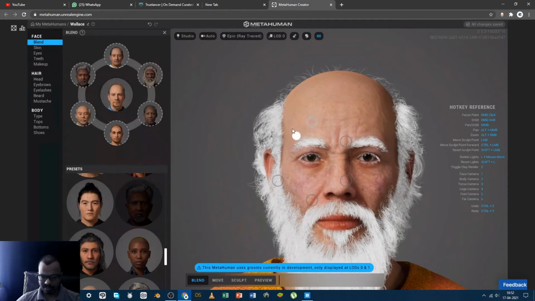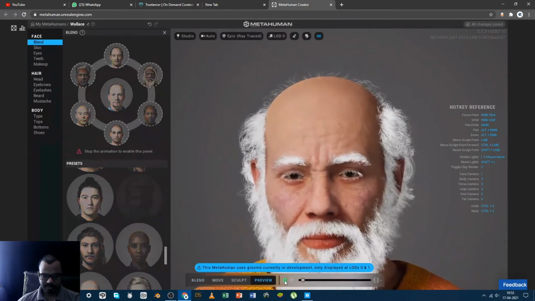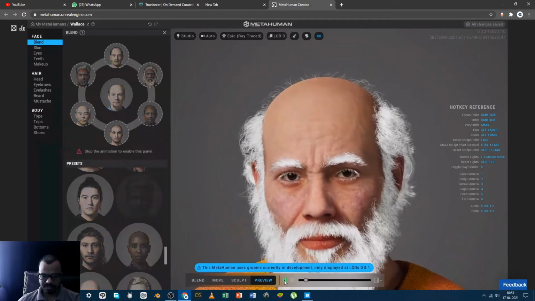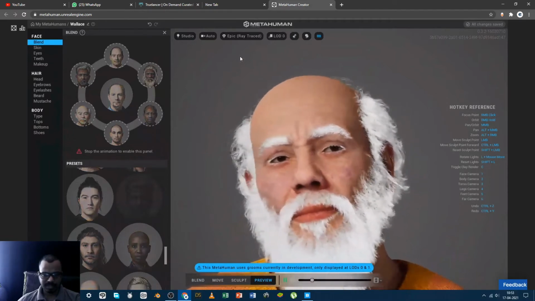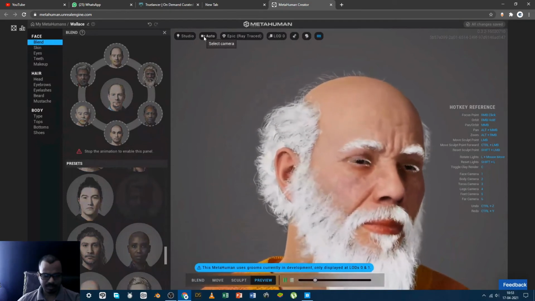So what it does is, if building a character takes a hell of a lot of effort, or several weeks or several months, then this will give you a character within a few minutes, and you can preview it. You can preview it very quickly, and in preview there are some more options, I believe.